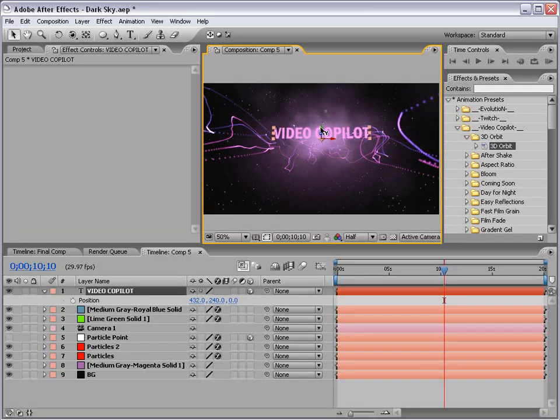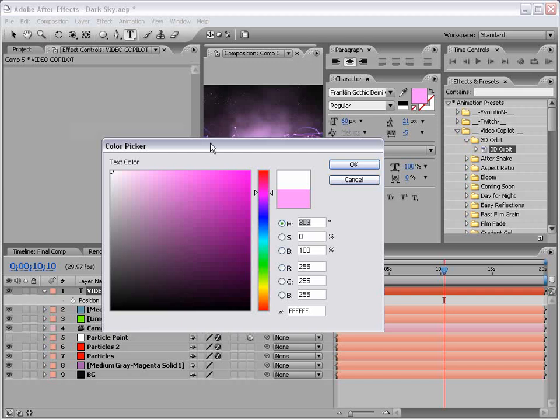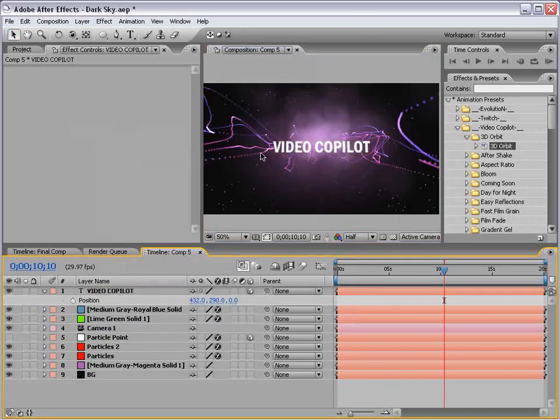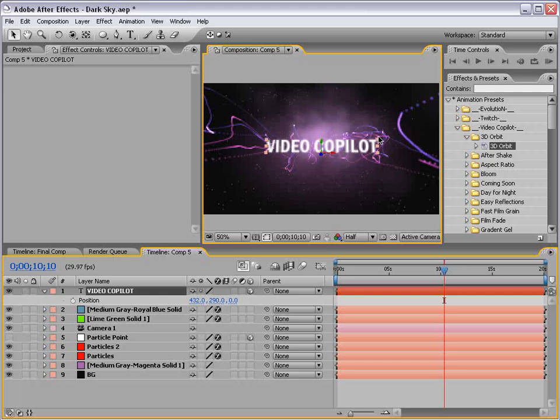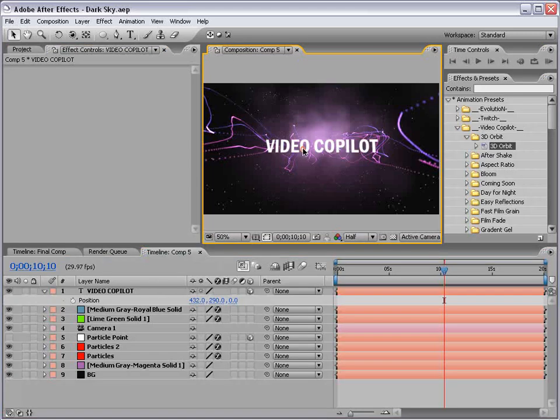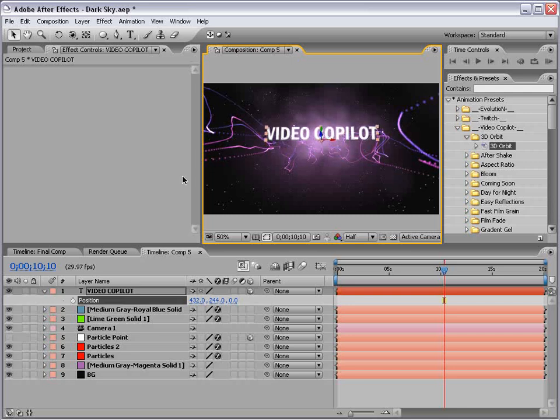And then we can just move the text around and compose it into the fashion that we want. We can also add a gradient. You may want to pre-compose the text so that you can add a gradient to it, but this should be enough to get the idea across. I'm going to move our text up a little bit more into the middle of that smoke, and then we'll bring our